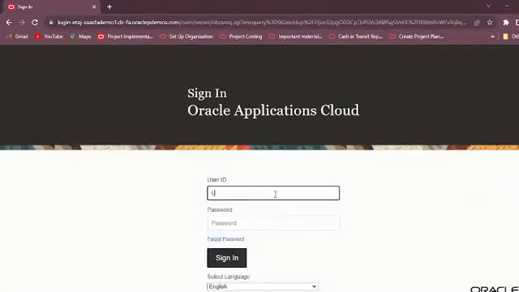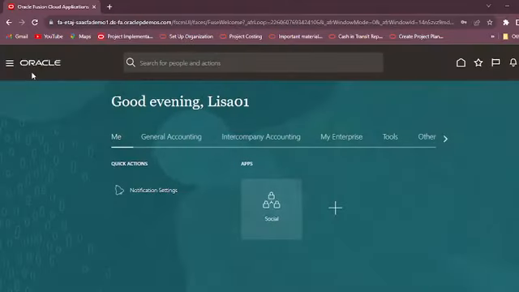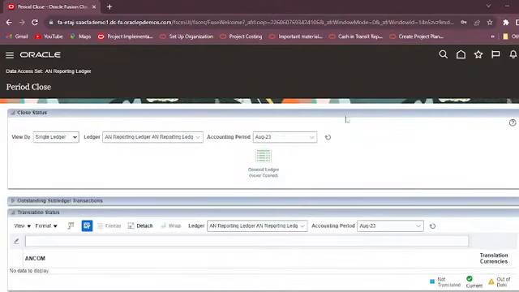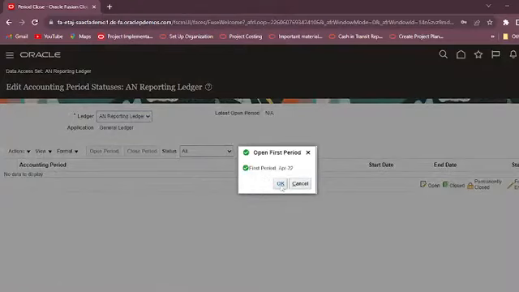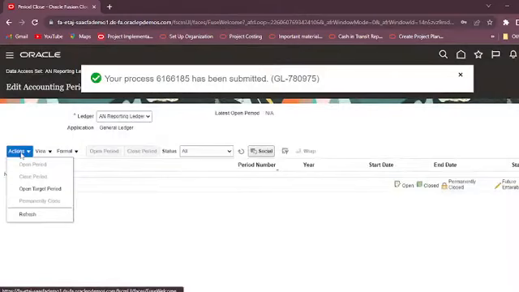Let's log in with Lisa01. Open the period for this ledger. This is our first period, and let's open the target period for this ledger.